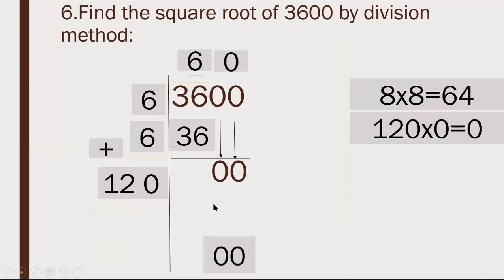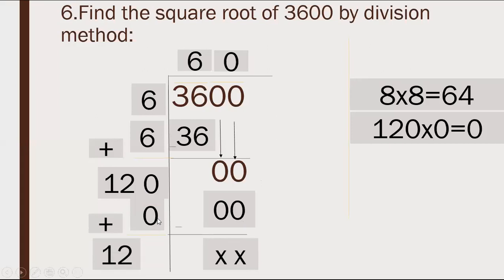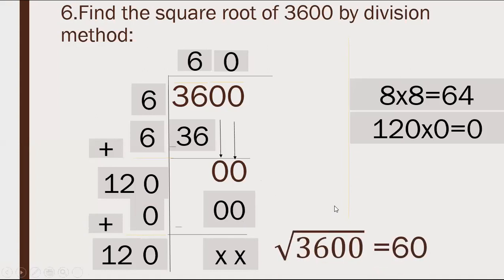120 into 0 is 0, 0, so it will be canceled out. And on the left hand side, Ali, we can add 0 over here. So we know that 0 plus 0 is 0 and we get 120. Yes, absolutely right. The answer is 60. You have to mention the answer properly in the end. The answer is 60. Please don't put it in the square root.